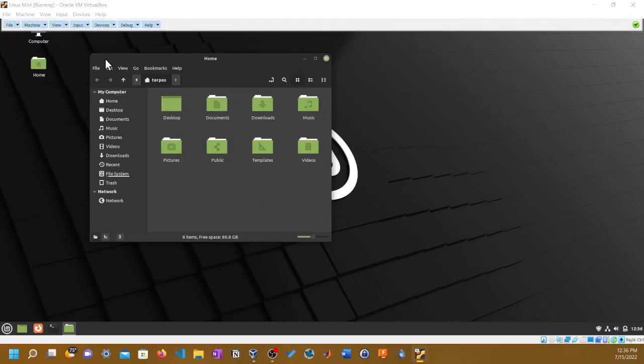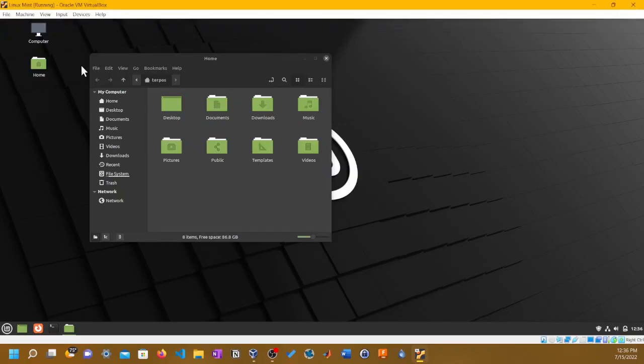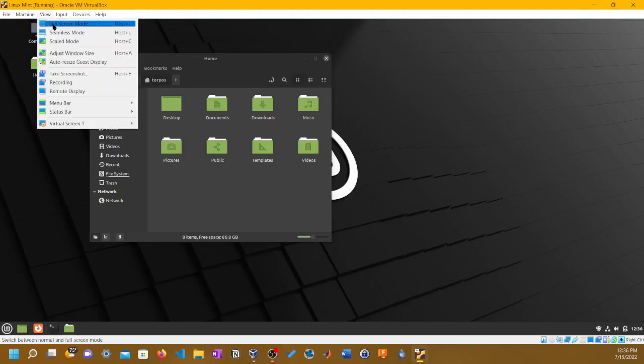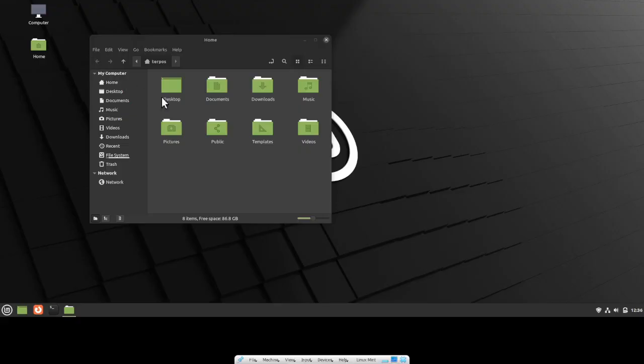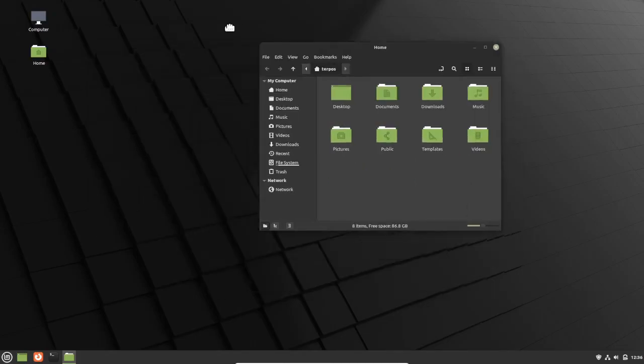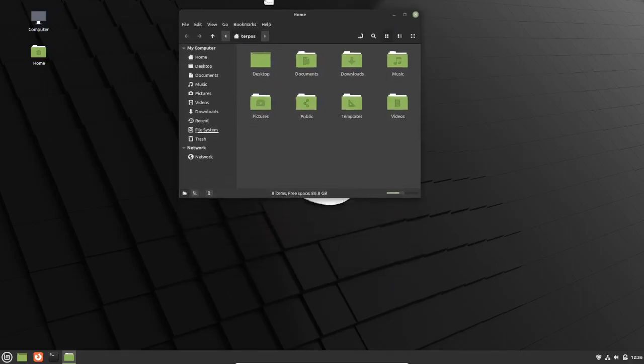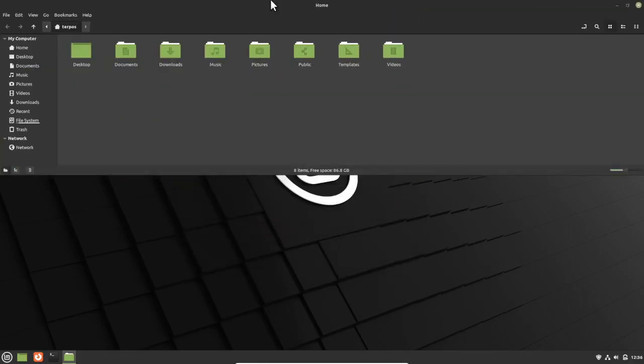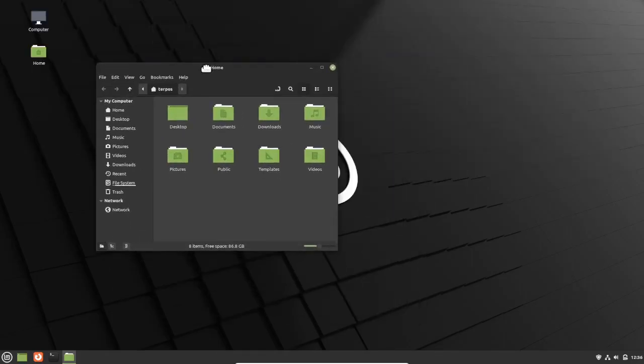Let's look at the menu bar settings. Okay, never mind. Let's click the check mark. I wanted to do full screen, but you know what? Let's do full screen. It's Host+F. Host is, I think, Control, but not the left side of Control, the right side of Control. So when I put it in full screen, it's much better. It's basically your own operating system being operated in Windows 11. So that way you don't have to worry about booting.